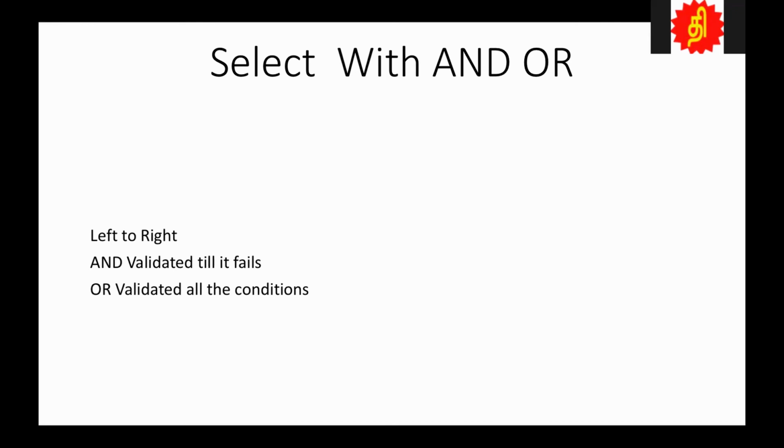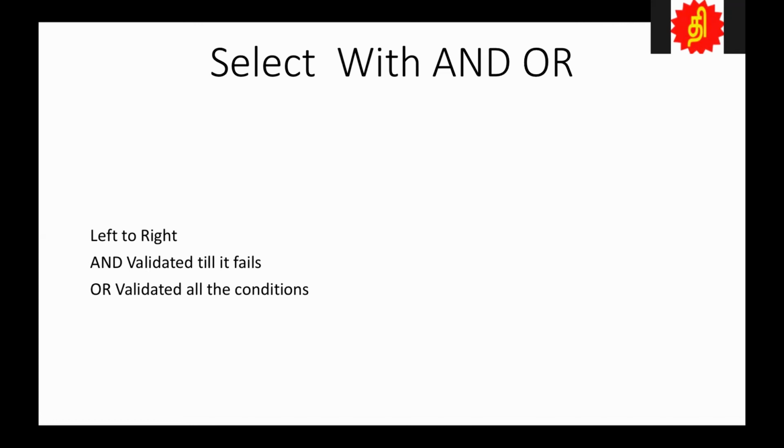And I also told you, when you are working with AND conditions, it always looks for the false to come out. The first time you find a false, it comes out, because every condition has to be true. If you have 10 conditions, all 10 have to be true. The first time it meets a false, the result is false. There is a table like true and false is false; I'll find that table and show it next time.